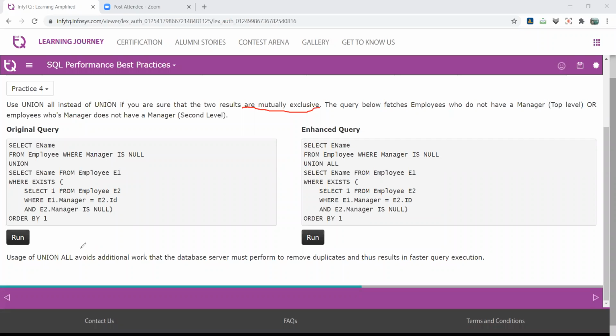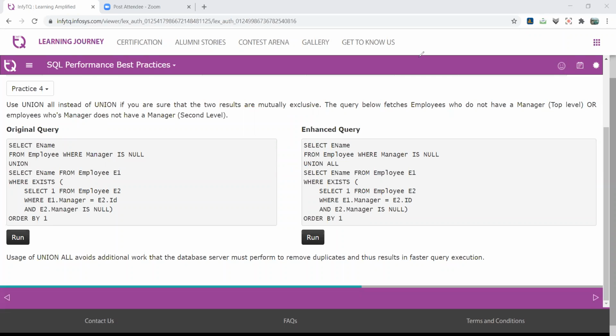They are not repeated, right? So in that case, if you use UNION, that is more time consuming in comparison to UNION ALL, right? So in this query, we use UNION, and in this query, we use UNION ALL. Both the queries are the same. The difference is that in this part we use UNION and in this part we use UNION ALL.